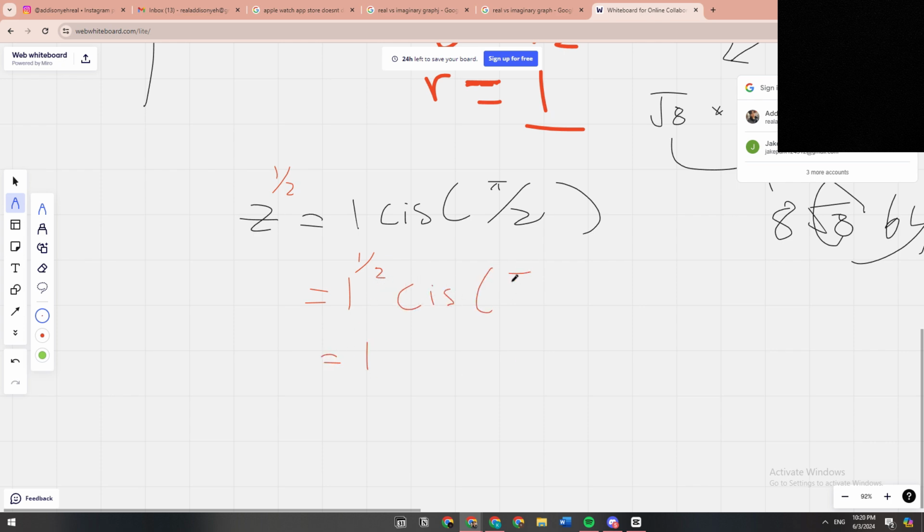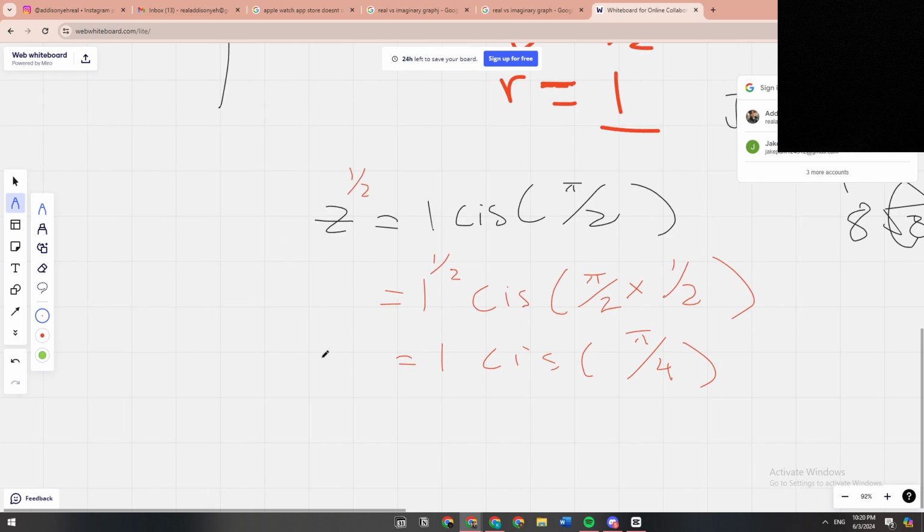Cis. And then this is very crucial, right? You don't square root, you don't square this up here. Very wrong, you times it, okay? So you times 1/2. Then you get 1 cis pi over 4, okay? Now that is your very first,